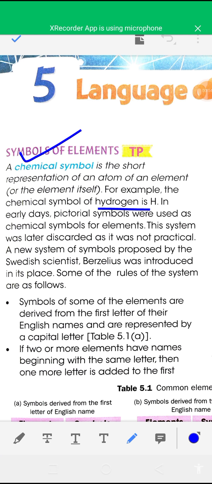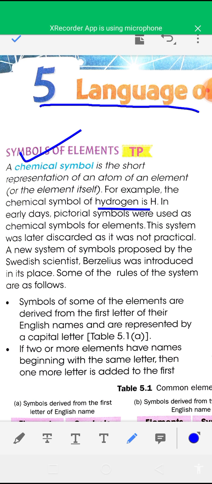In this video I am going to start chapter 5 of class 8 chemistry. The topic is language of chemistry. In the last live class I discussed something about symbol and valency. Again I am telling in this video, and this topic you have already studied in class 6, 7, about symbols of different elements, you know that.